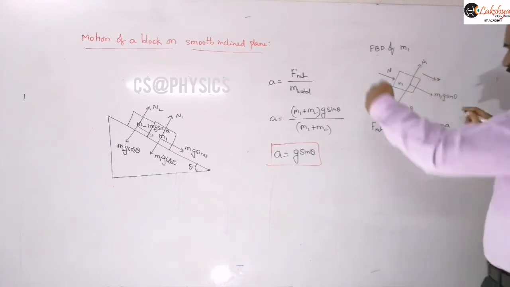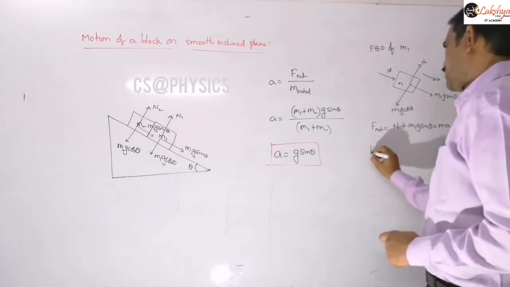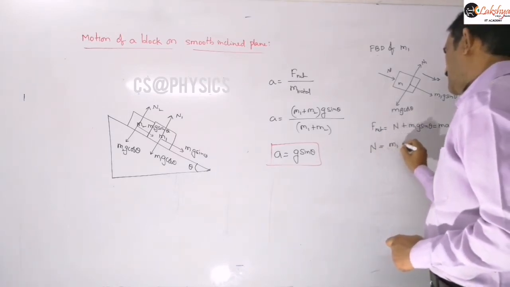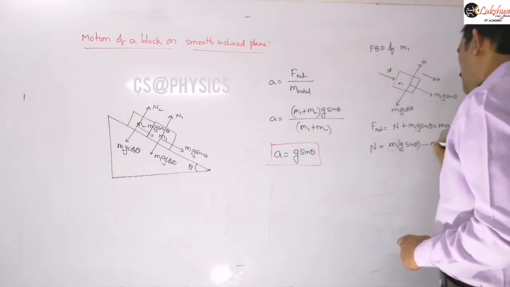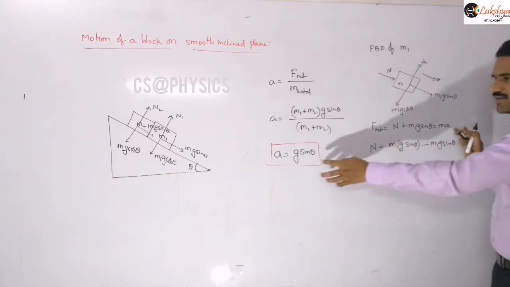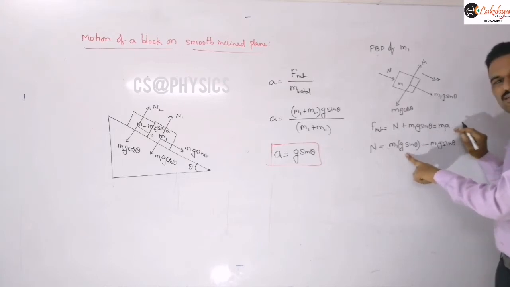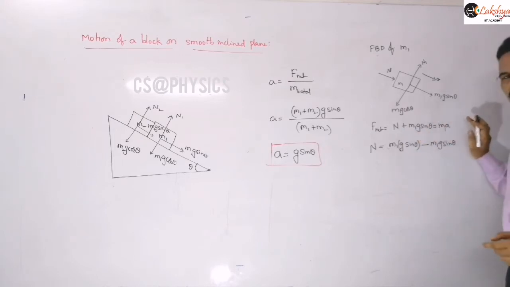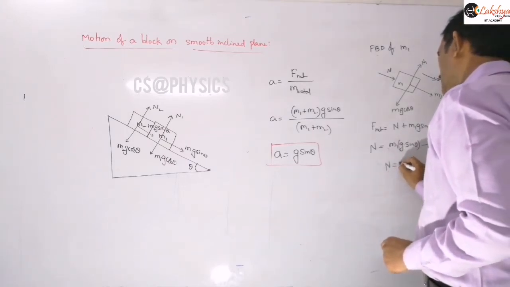Right? These two forces are acting along this direction, so that should be equal to ma, the net force. So therefore, this N is equal to m1g sin theta minus m1g sin theta, because our A is nothing but just the value g sin theta. So I am substituting this: m1 into A, that A value we can write as g sin theta. This m1g sin theta I am writing this side, and so you can write that the normal reaction between the two blocks is 0.